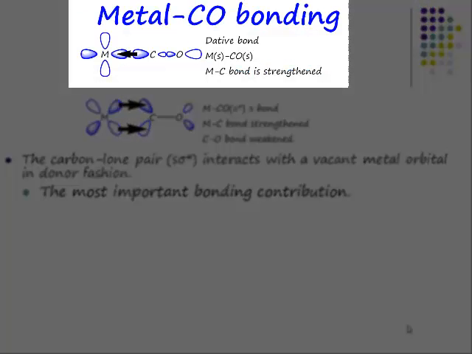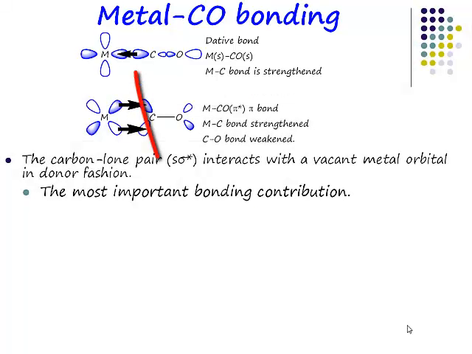So this is the classic kind of dative-donor interaction that you're all familiar with. You take the HOMO of carbon monoxide, which is a lone pair on carbon, you donate it into a vacant orbital on the metal. Now, if this metal was a classic octahedral metal like chromium hexacarbonyl,